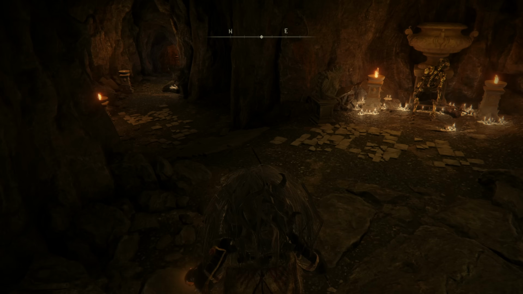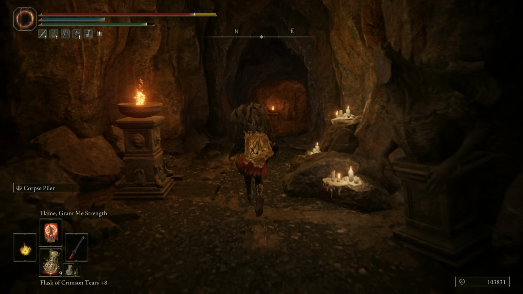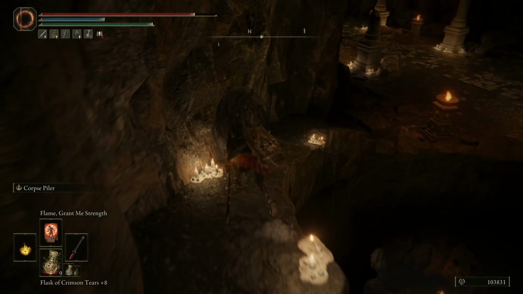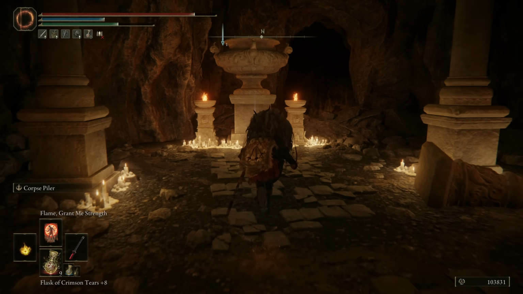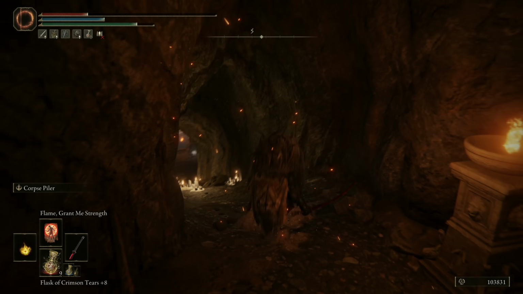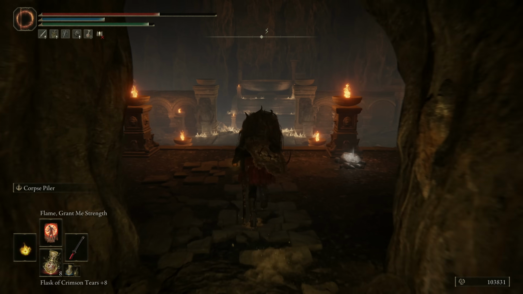There will be some enemies here. You are free to fight all of them. There will also be a magma worm halfway through. It's basically a little bit of a mini boss, but it does drop a couple of smithing stones, which is really useful. But ultimately, your goal is to get to the very end of the Dragon's Pit,